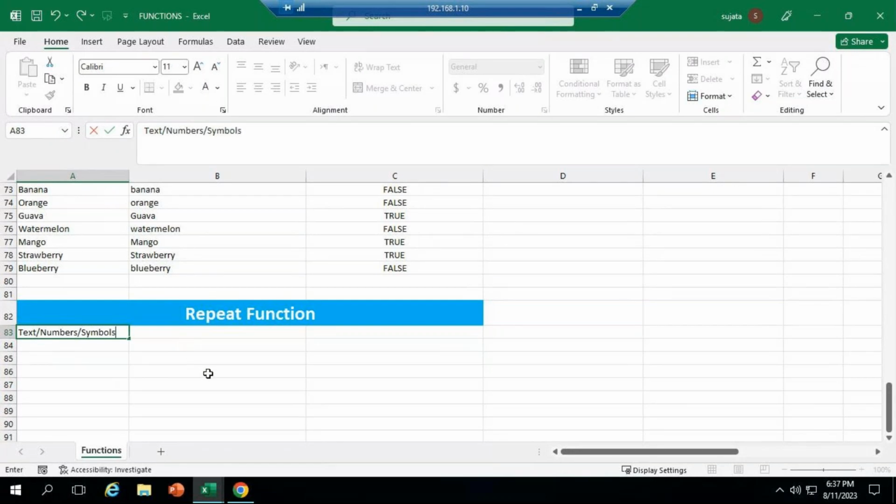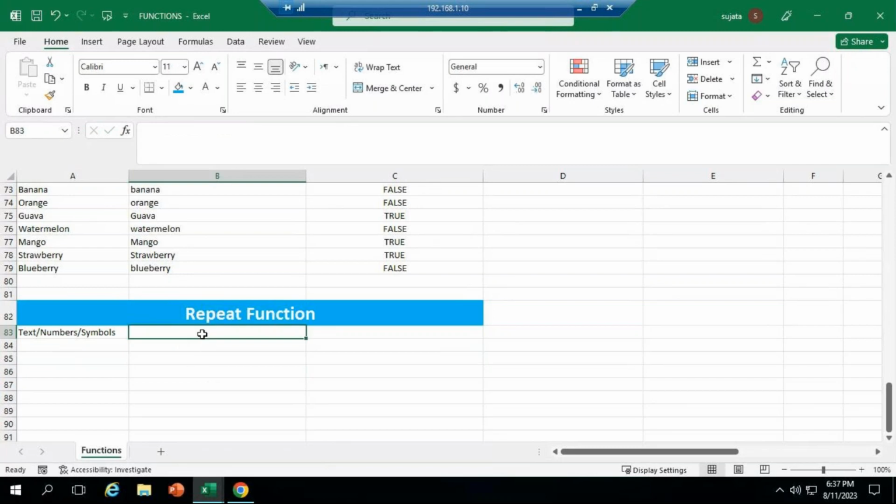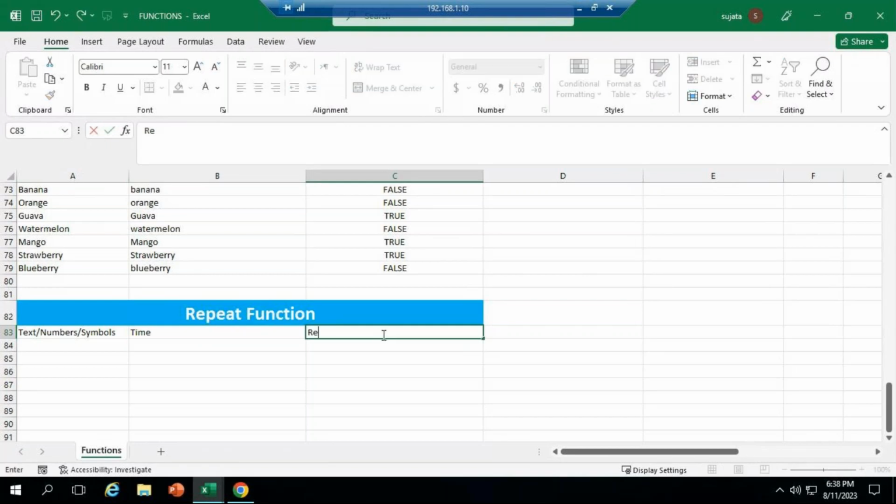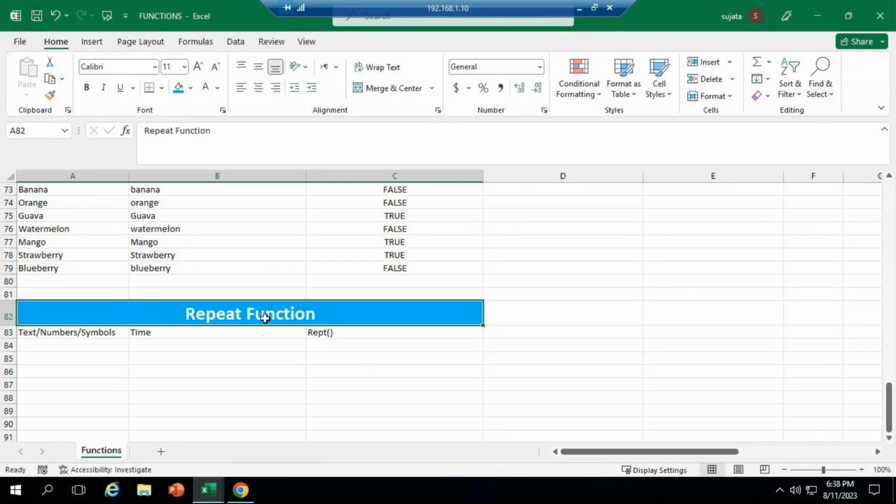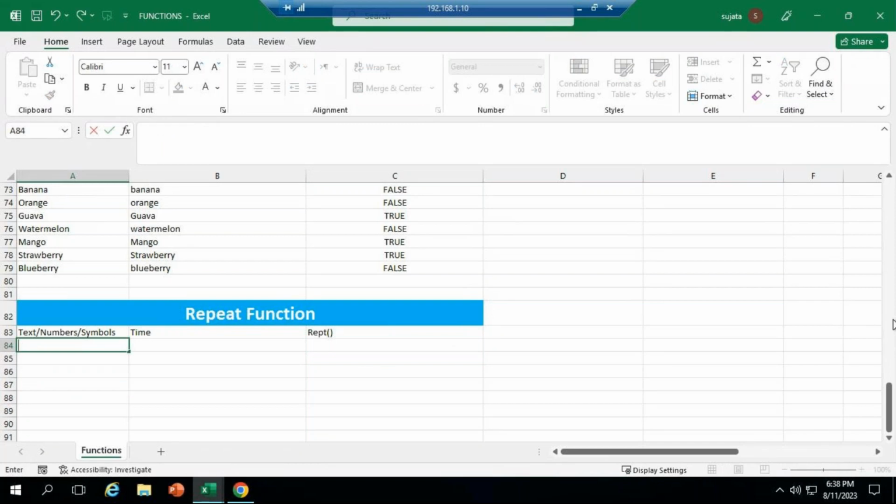Okay. So I'll give your times, how many times you want to repeat, and this is the repeat function. So what I'll do, I'll give you suppose Bangalore. If I'll type here, or else I'll type not a text, I'll type suppose